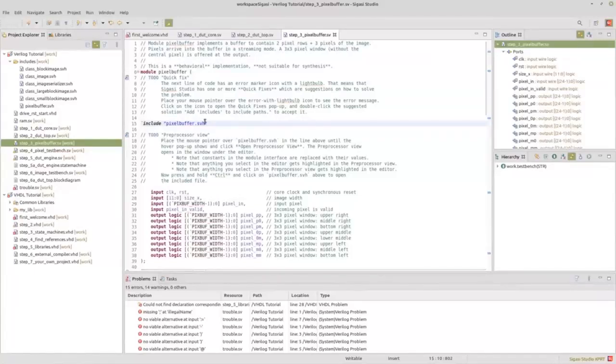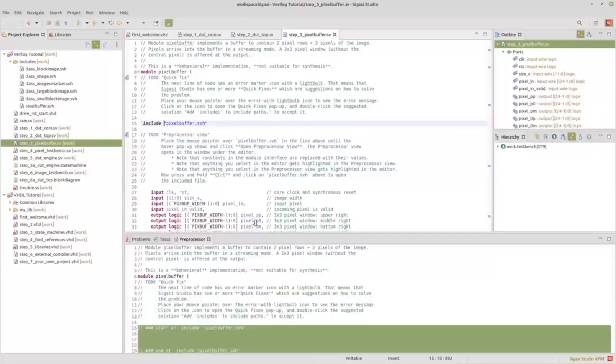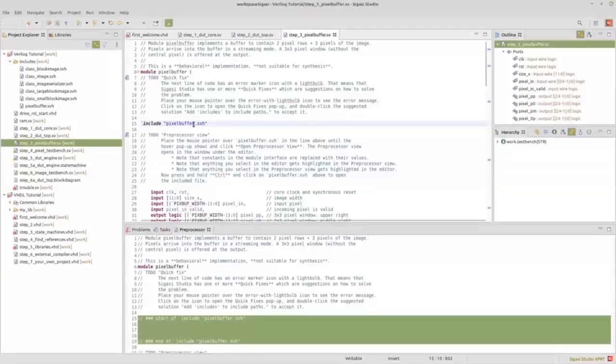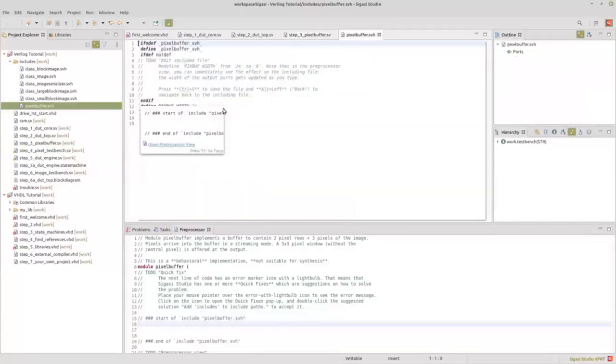Something else that's very useful, specifically with SystemVerilog projects, is a preprocessor view. This view shows you the file after preprocessing. So here you probably see that not much is in the pixel buffer header file. So let's have a look if that is really the case. I press Ctrl, I click on the hyperlink, and we jump here, and yeah, probably not a lot of actual